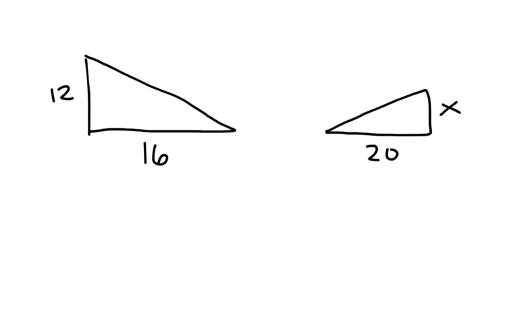Similarity is when we have two figures that are the same shape, but not necessarily the same size. We're going to look at two similar triangles in this example, so let's go ahead and get started. Here we've got two triangles, and in this particular problem we are told that they are similar, which means they